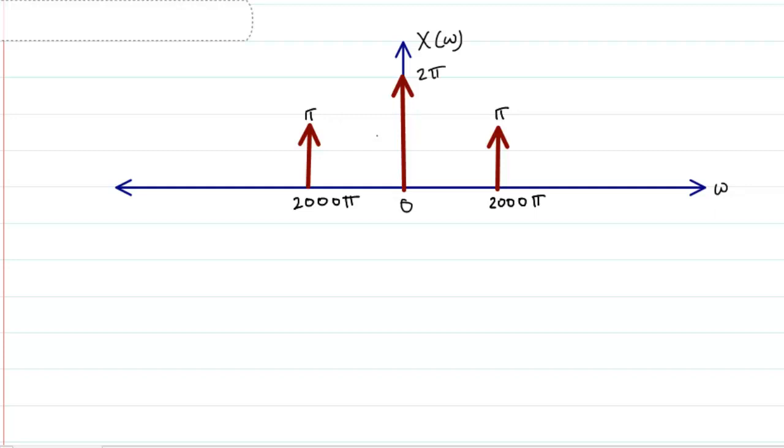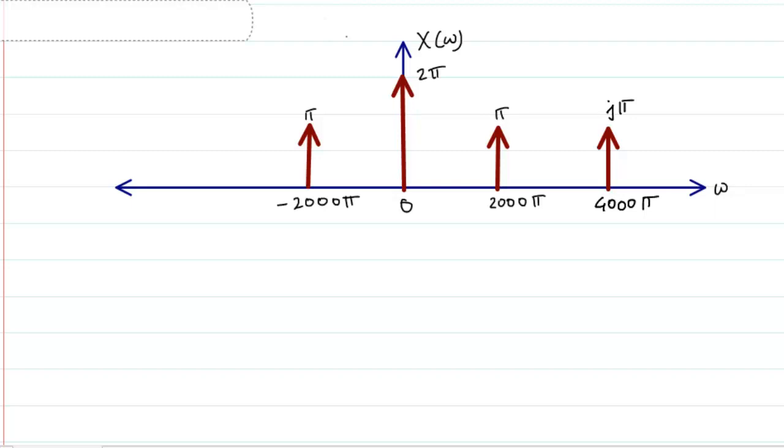And then for the case of sine, here I have to write minus 2000 pi, correct. Now for the case of sine, it is going to be j pi at 4000. I will draw the same height because in turn it is j pi. So I will write this is going to be j pi and this is going to be 4000. So at 4000 pi it is j pi, and at minus 4000 pi it is minus j pi.